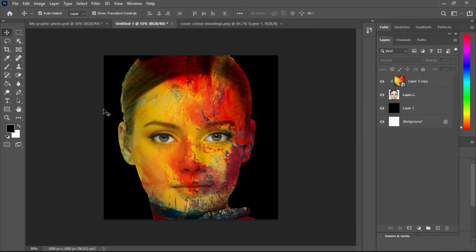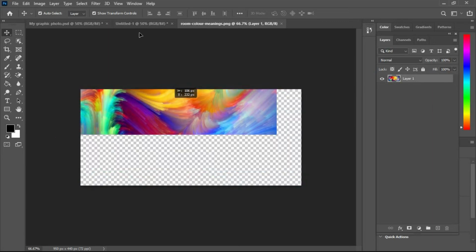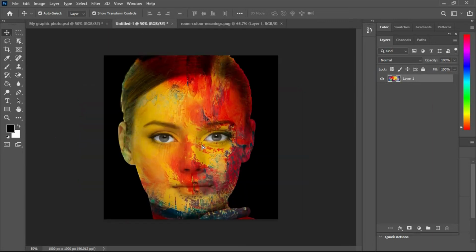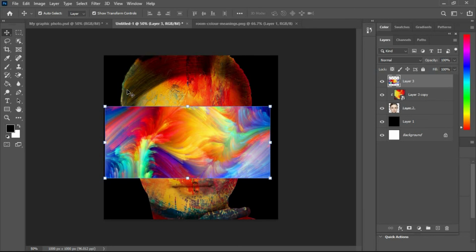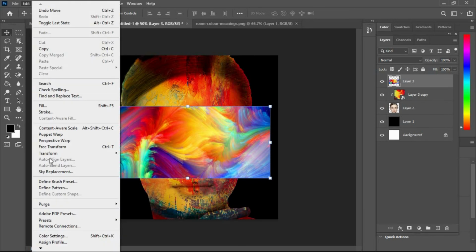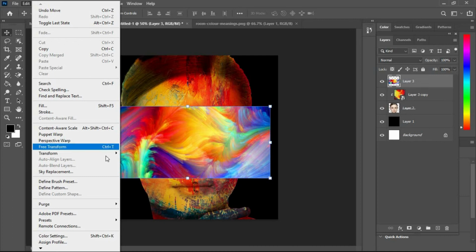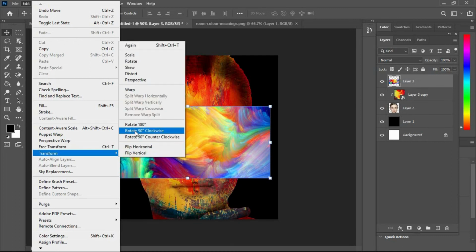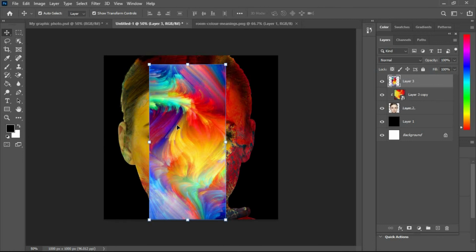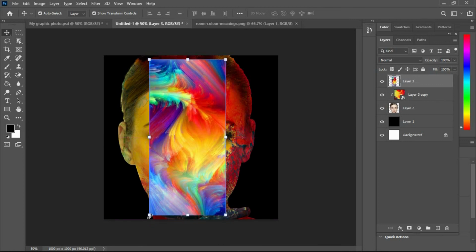Okay, if you want more graphics here, you can take another graphics picture, place it here, and go to edit and rotate it. Transform, rotate it clockwise. Okay, now adjust it.